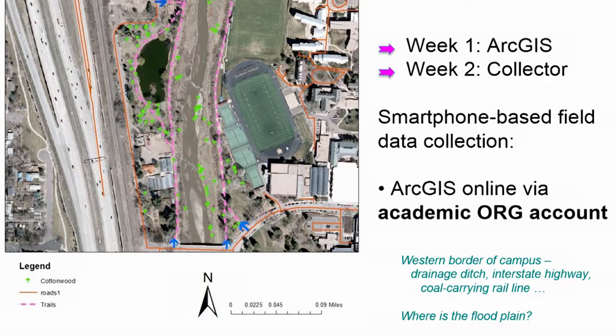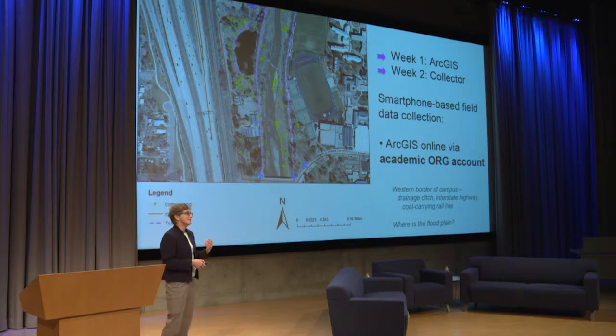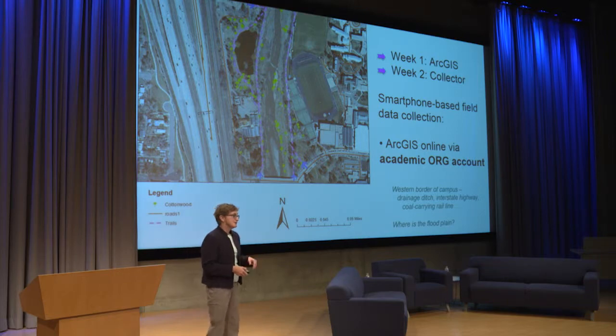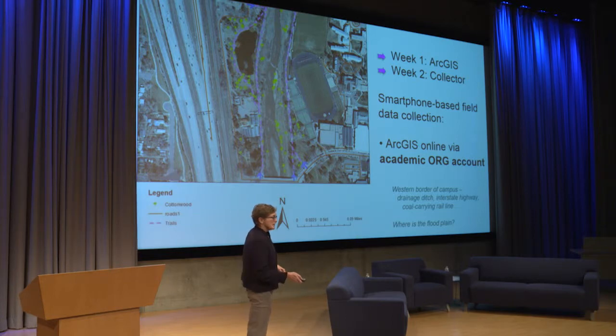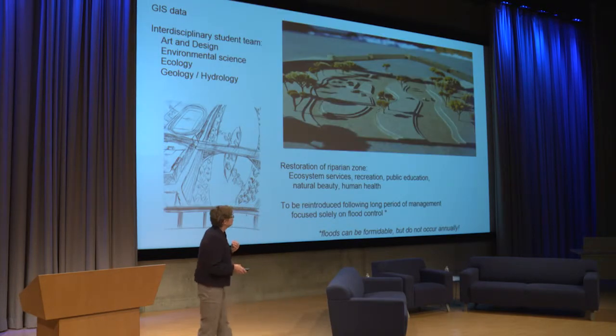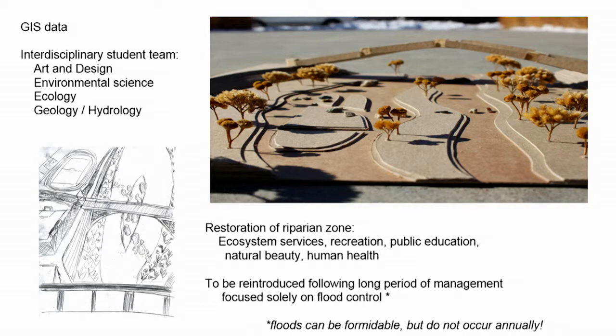What's shown here is the results of a Collector data collection of cottonwoods. Cottonwoods, one of the trees that belong in that drainage and do much to stabilize floodwaters. Also just some line details about transportation corridor and the streetways. These went into some experimentation, iterations of design from methods of sketching and chipboard models, a couple of the examples that you see here.